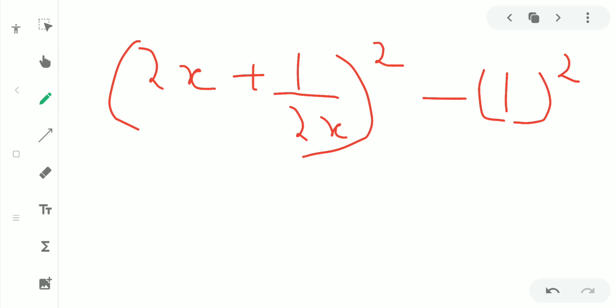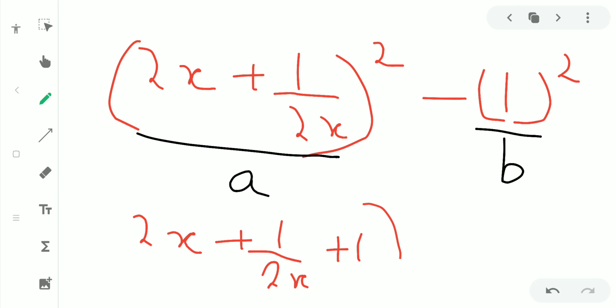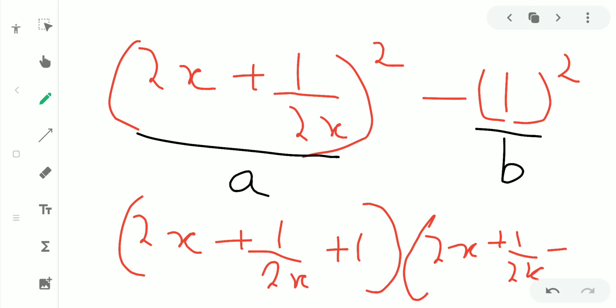Now if we consider this one as a and this one as b, we will be having 2x plus 1 by 2x plus 1 times 2x plus 1 by 2x minus 1,